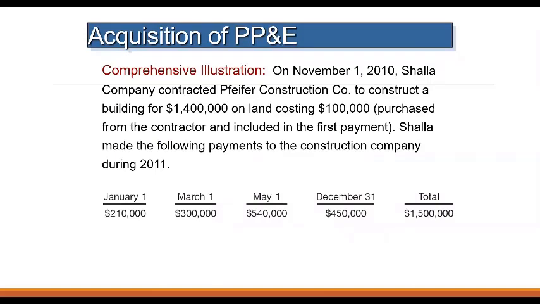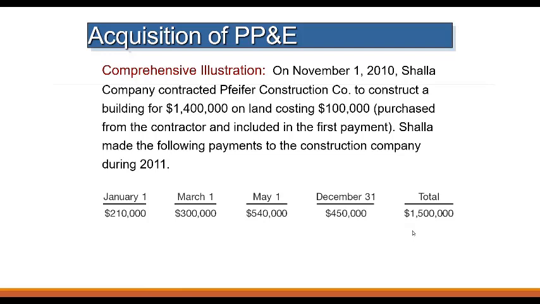Okay. On November 1, 2010, Shall Company contracted P Construction Company to construct a building for 1,400,000 on a land costing 100,000, purchased from the contractor and included in the first payment. The amount of the land has been paid within the first payment. Shall made the following payments to the construction company during 2011, and these are the payments that have been made